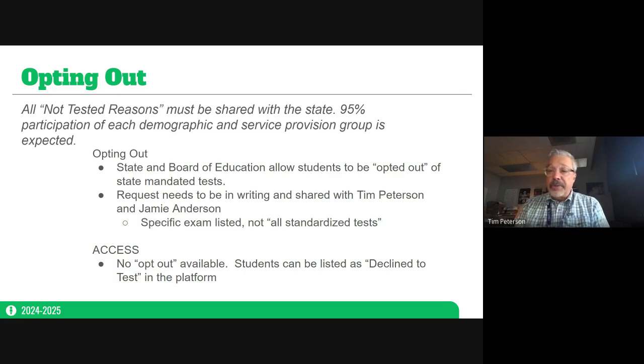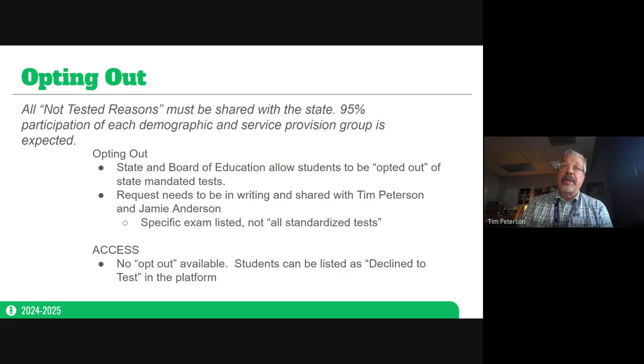Now, both the state and the Board of Education have a process and do allow students to be opted out of the state-mandated assessments by their families. The state has a much smaller group, and the Board of Education has expanded that.